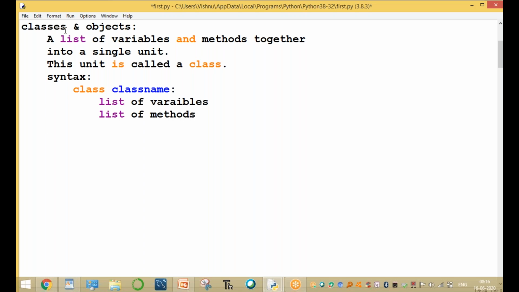Now, next one: creating an object. After creating a class, we create an object. How do we create an object? An object means the instance of the class, the Xerox of the class, the blueprint of the class.